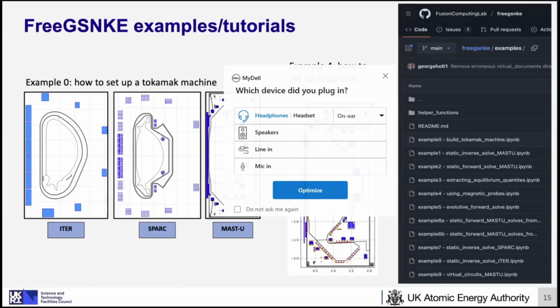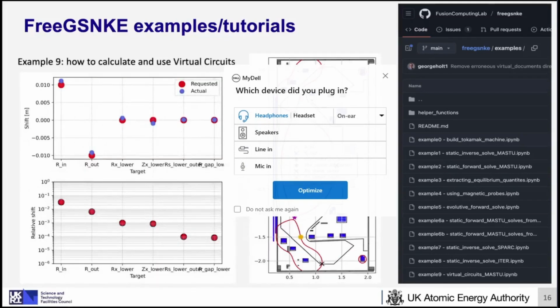We have an example on how to set up a new tokamak machine. All of the plots that I've shown you so far are based on MAST-U, and that is just because we use FREEGSNKE mostly on MAST-U, but we have an example based on an ITER-like machine, a SPARC-like machine, and so on. We have an example on how to set up magnetic probes, but also on slightly more advanced capabilities. So, for example, how to build and calculate virtual circuits and how to apply them to an